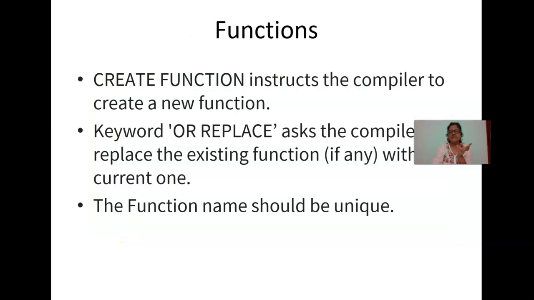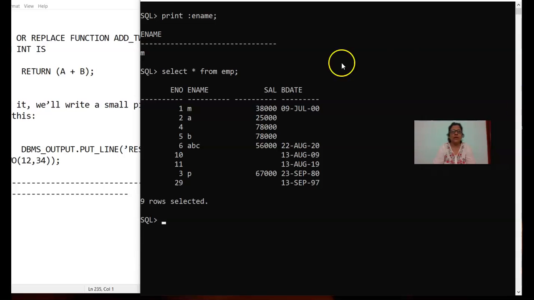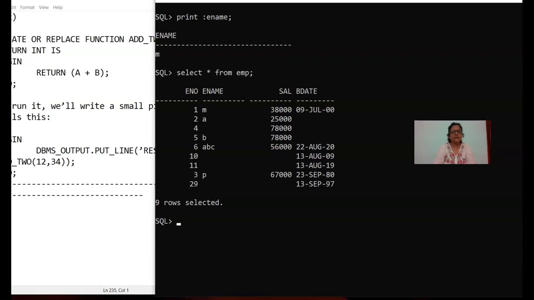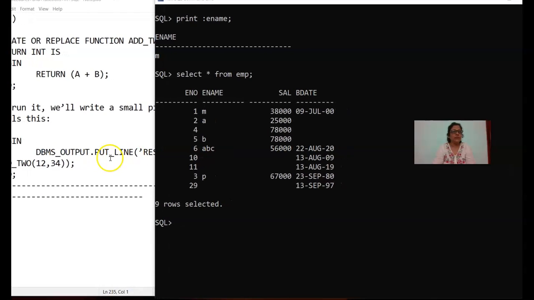Functions can be seen by select star from user underscore functions, and the function name should be unique. So that's the idea about the stored procedure. That was about the stored function and the procedure. Okay, and we will try to write down code now by using a function. Fine, and we are going to write it down in such a manner that